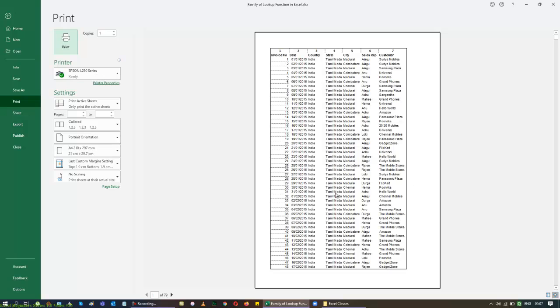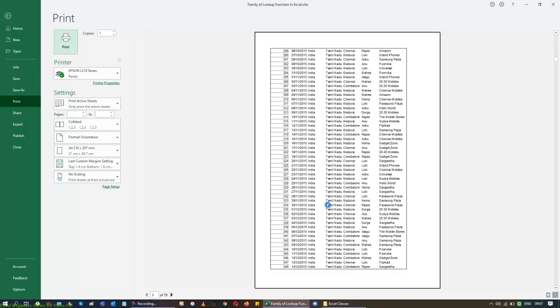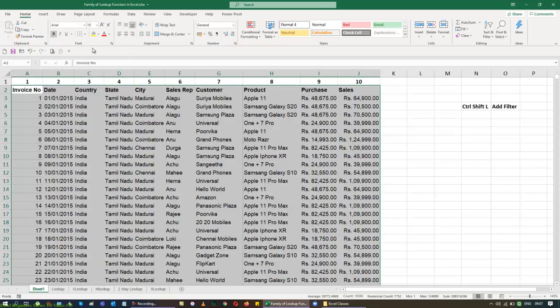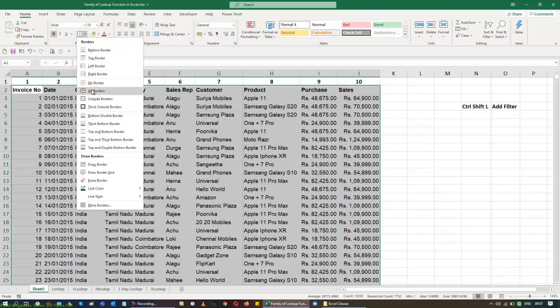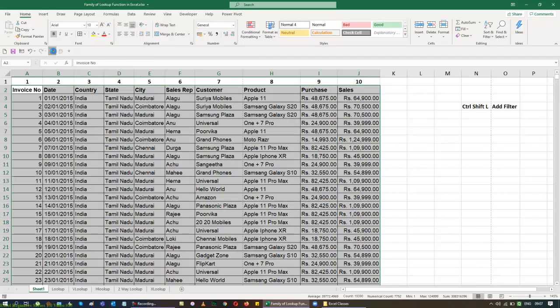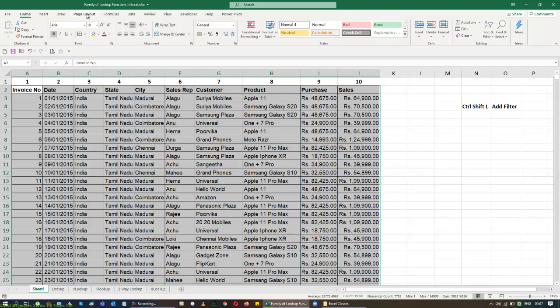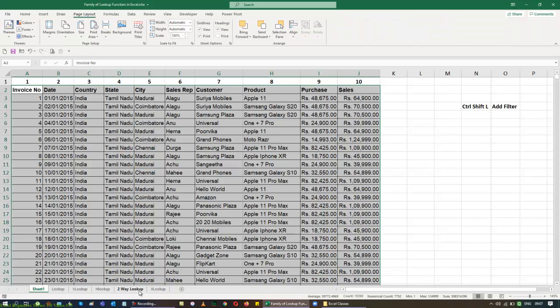Still have some issues at this point. It's not showing me the data as beautifully as it is, but it shows the grid lines only for the first line. So you can add grid lines for your list if you have so. If you are not interested in adding grid lines, you can keep all your borders intact. So when you go to the preview, you can see all borders are coming up all the way around. This is how we will use our page layout for printing data in Excel.